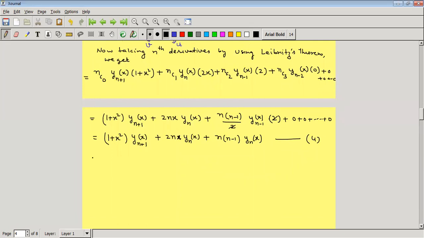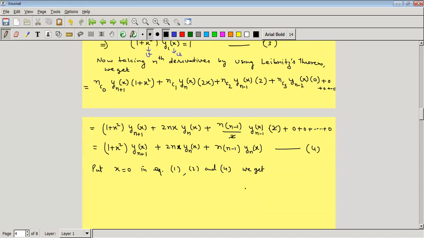So put x is equal to 0, because we have to find yn(0). So we put x equal to 0 in equations 1, 2 and 4, we get,